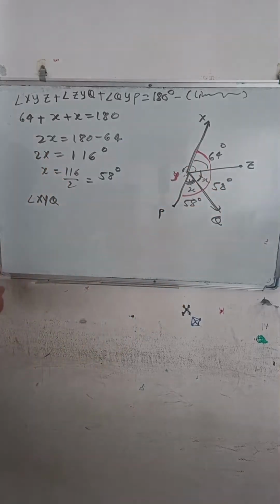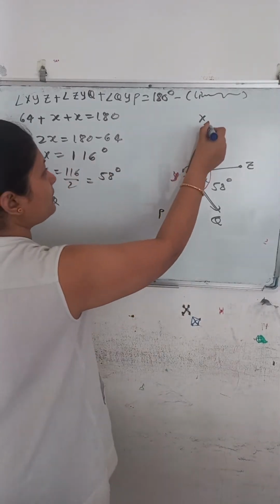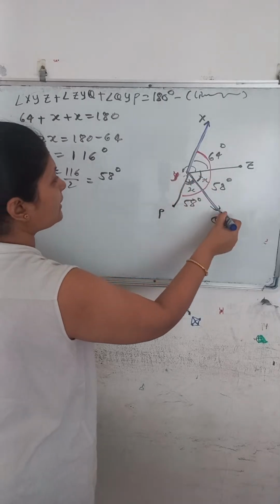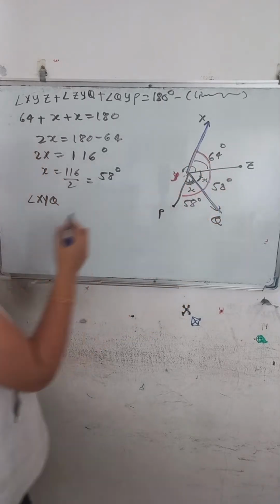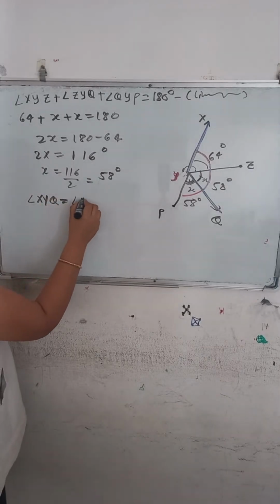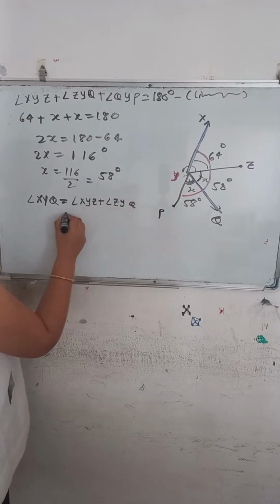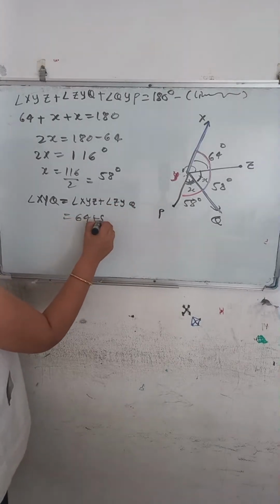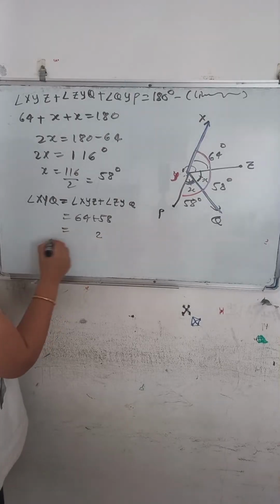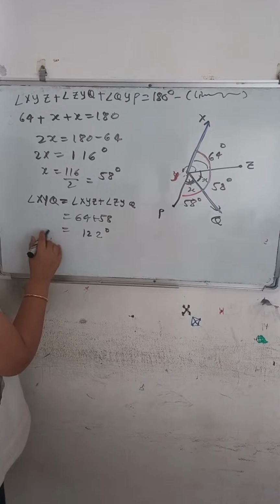That means this is x, y and q. That means add these two angles. Okay, so XYQ is nothing but angle XYZ plus angle ZYQ, that is nothing but 64 plus 58. So 4 plus 8 is 12, 1 carry, 6 plus 5 is 11 plus 1 is 12. So angle XYQ is nothing but